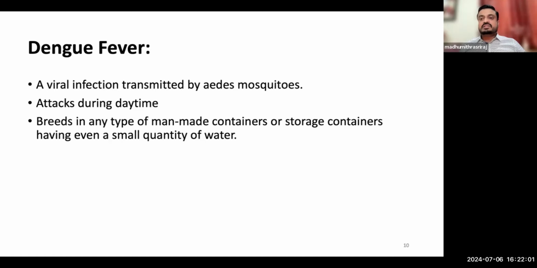These are the points we are interested in: whether the child is active or not, whether the child is having headache, whether the child is having vomiting, whether the child is passing a good amount of urine or not. These are the common symptoms you look for to find out whether this dengue is a type I can treat at home, or we have to be more careful, and some might need admission in the hospital